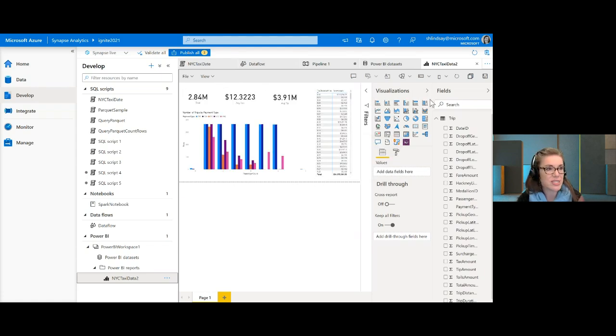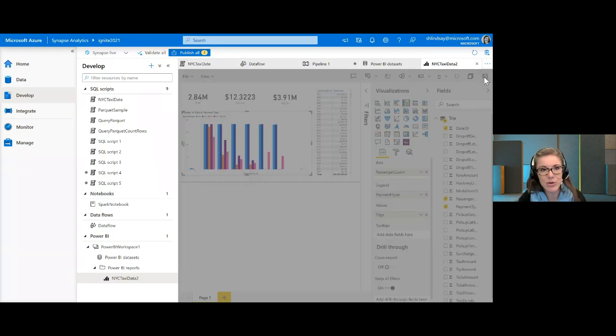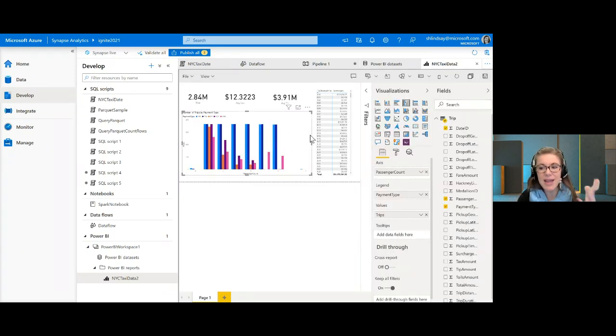Here we've got just a quick Power BI report that we've pulled together, looking again at this New York City taxi data, but you can do the same actions here that you can do in the Power BI service when it comes to report design. You can then save your report and navigate away. That will then be subsequently saved in that linked Power BI workspace.